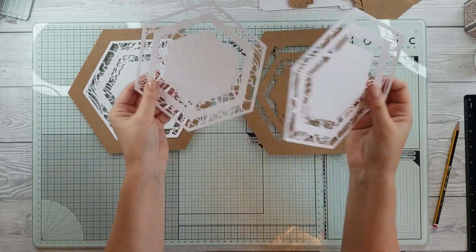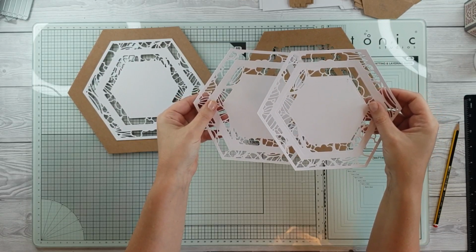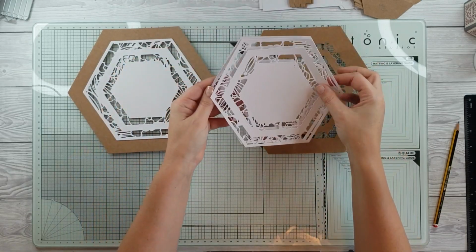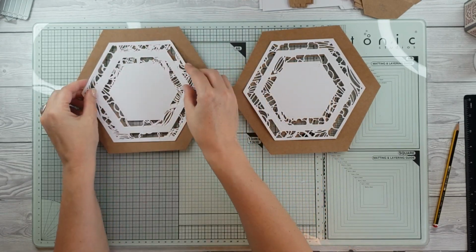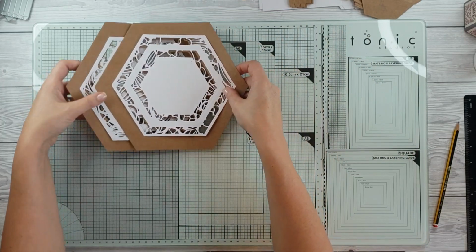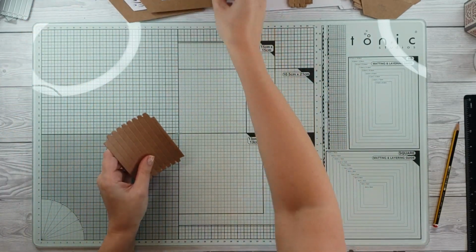So you need two of these. I don't know, did I say two or did I say four? Two of the larger ones and four, sorry, of the smaller ones, right? That is what you're going to need to make our cage. Okay, we're going to call it the cage. So pop those to one side. You don't need to see me cutting out those, right? Now,